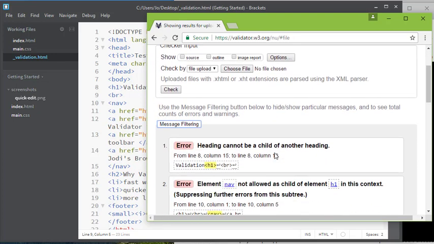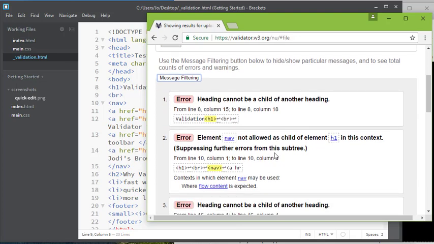Now sometimes these errors are a little hard to understand, especially for beginners, and especially when you validate a lot of code at one time. So my advice to you is to start with your basic HTML skeleton and then validate each time you add a section of code. And that will help to narrow down where your problem might be. But since we have this full web page, I'll start by looking at these errors,